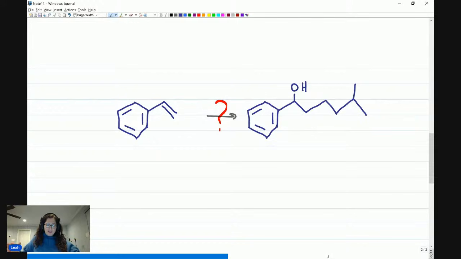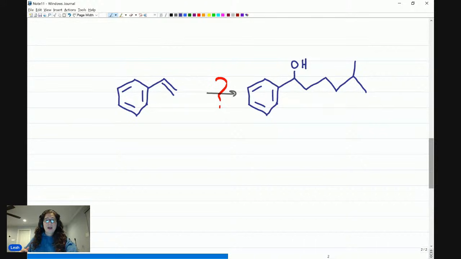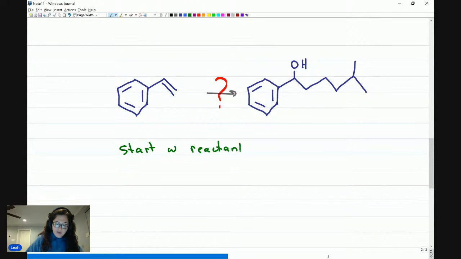On your Orgo final, you will be faced with something like this and asked to come up with all the intermediates, all the reagents, all the everything in between. And this is where a lot of students panic. So my question to you is, how do you begin a problem like this? I see a lot of students take this and start with the reactant. Maybe I have my first step. What do I